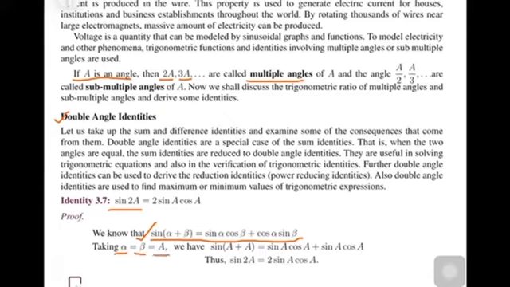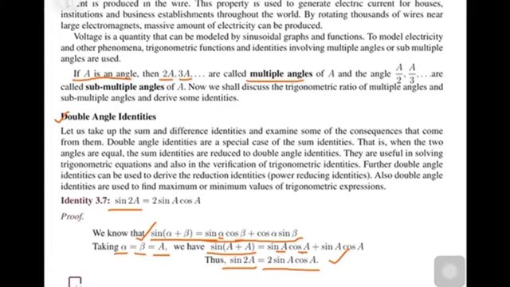So, sin A plus A will become sin 2A. Here, sin A cos A plus sin A cos A again, because alpha and beta are equal to A. So instead of alpha, I can substitute A, and instead of beta also, I can substitute A. So sin A cos A two times, here we are adding. That is equal to 2 sin A cos A. It is an important formula. Sin 2A is equal to 2 sin A cos A.